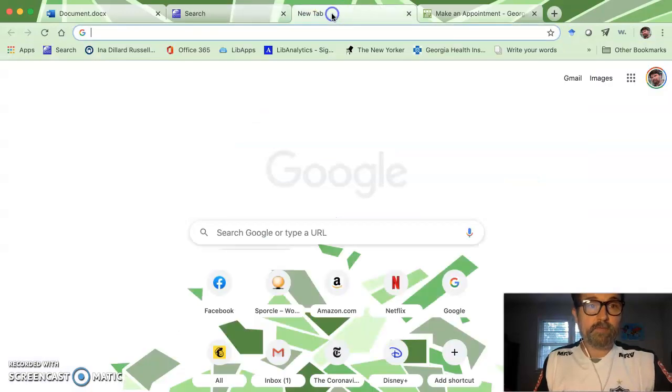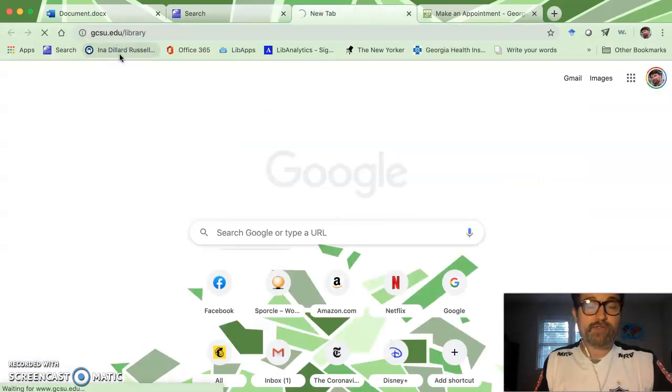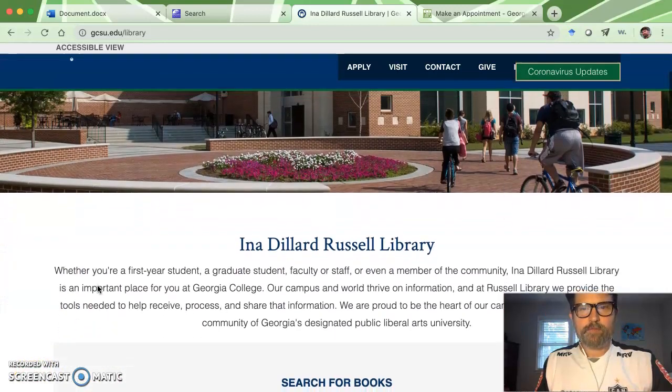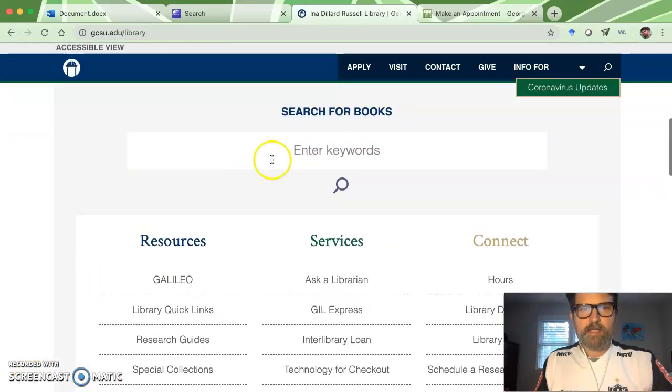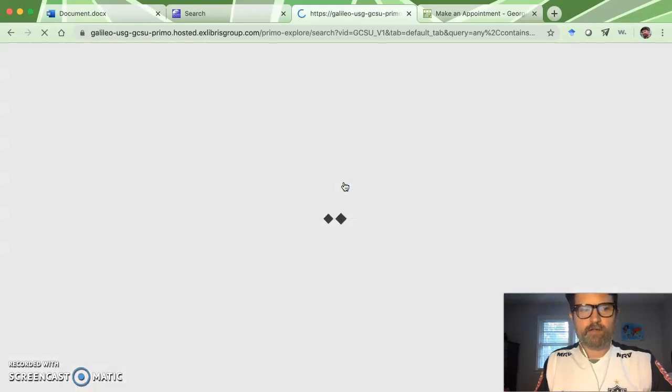If you ever by chance get prompted for an actual Galileo password, it happened to me today with one of the databases, then there's a simple way to always look up what the password is. You're going to go to the library's homepage if it agrees to load. From the library's homepage, you're going to scroll down and click here on the search. I know it seems strange, but this takes you into what's called the catalog.